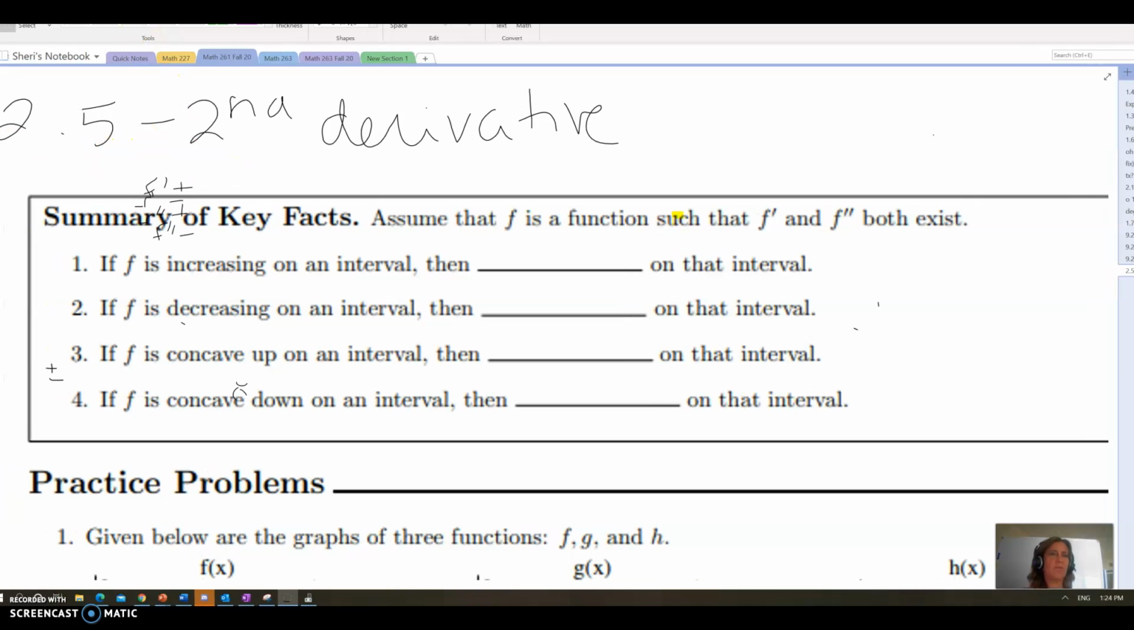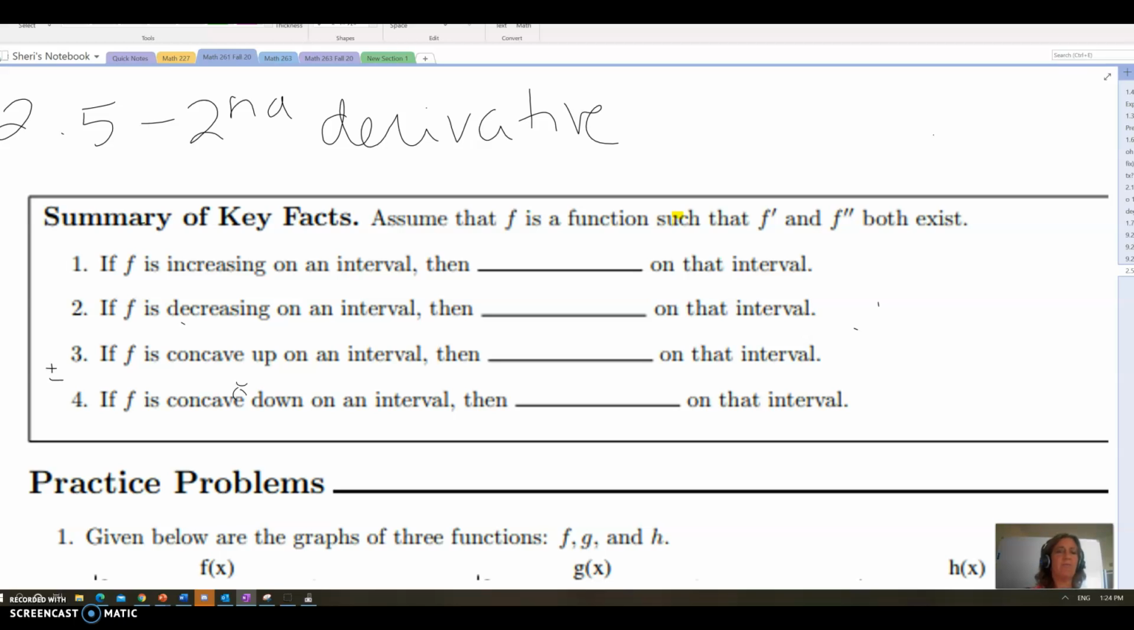All right, we're going to go over a few more notes on section 2.5. We kind of already looked at a graph. We were given a graph of f, and we drew a graph of f prime and f double prime and made some observations. So, summing up what we know about what the first and second derivative tell us about our